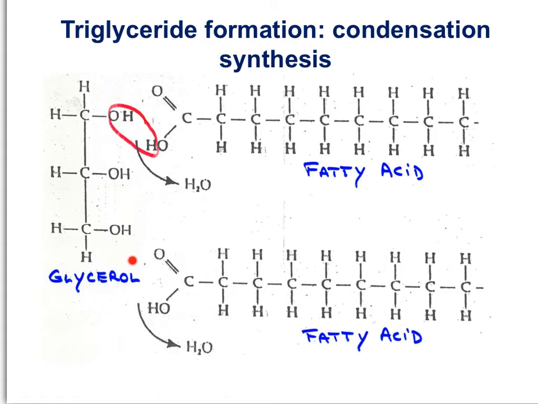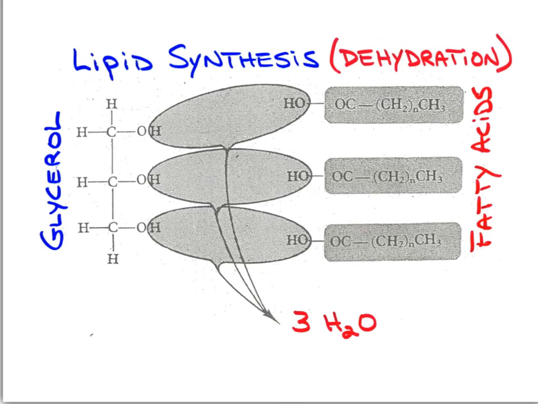will join glycerol here. The carboxyl end of the fatty acid joins with the glycerol with the removal of water, condensation synthesis. In this diagram, fatty acids are represented in a shorthand form, the carboxyl group. The number of CH2s is variable, represented as N, and a methyl group at the end of the long fatty acid chain. You can see 3 fatty acids joining with glycerol in an enzyme-catalyzed condensation synthesis reaction where 3 water